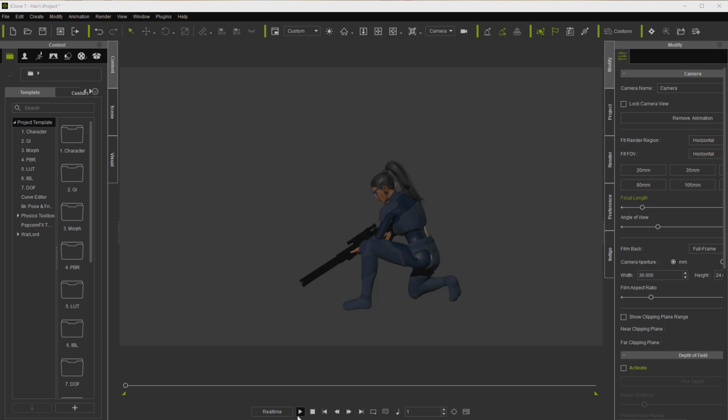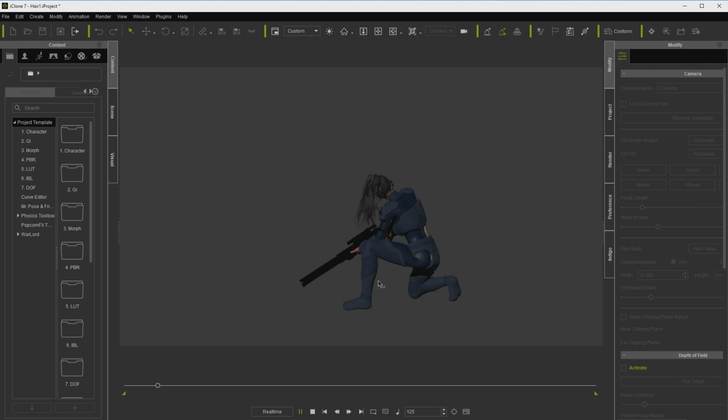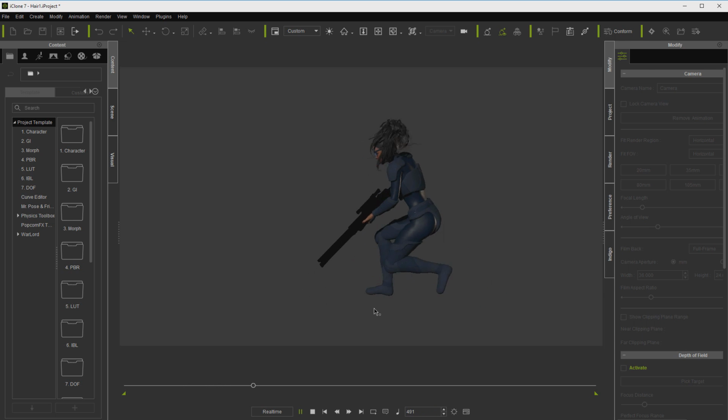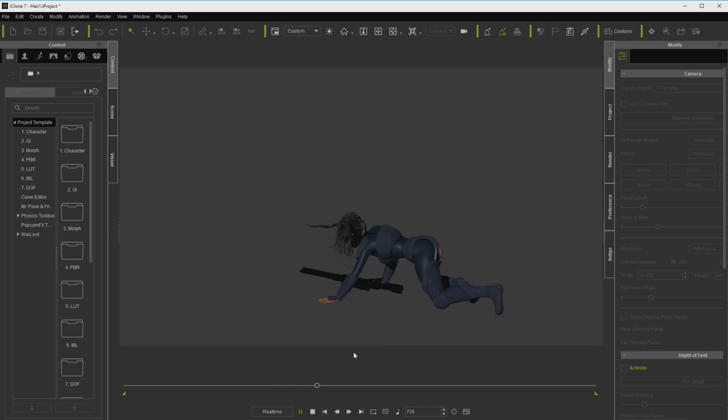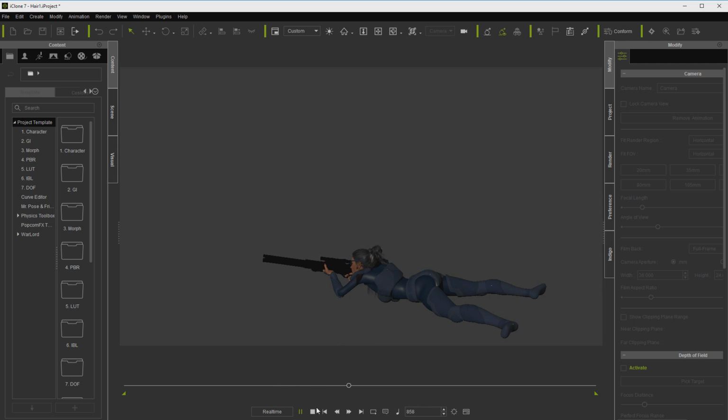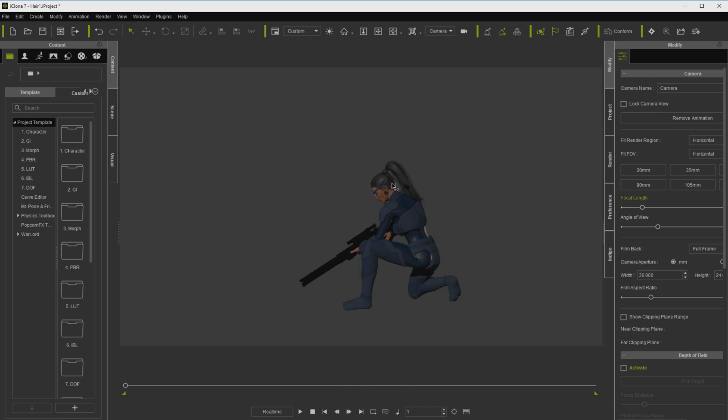I've been getting some questions about controlling the stock hair, particularly the ponytail with physics. You notice here how when we start it kind of explodes. Now that can be dealt with by just delaying your motion, and then you just cut that out in editing. But as you can see here, it's jumping around quite a bit. Not exactly what you would think of as the way hair would react.